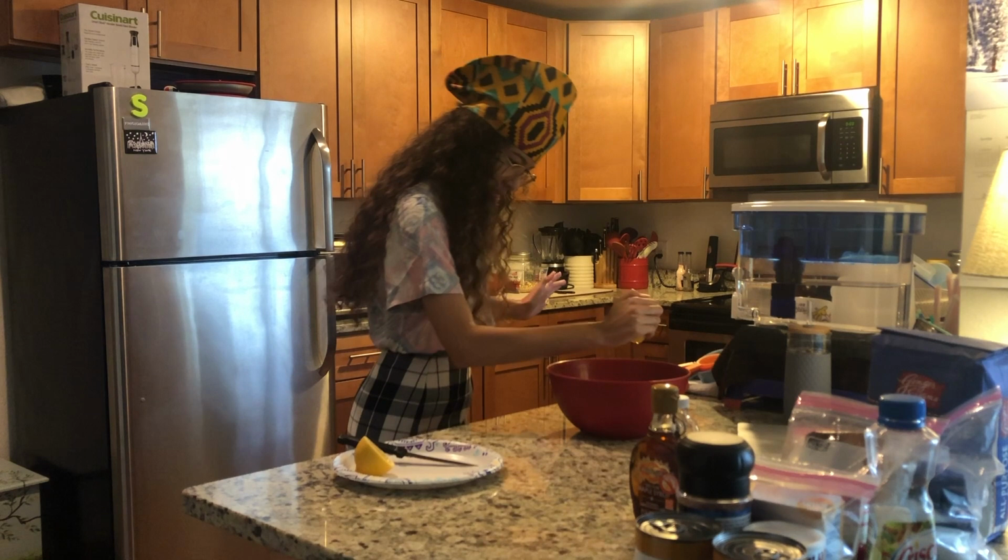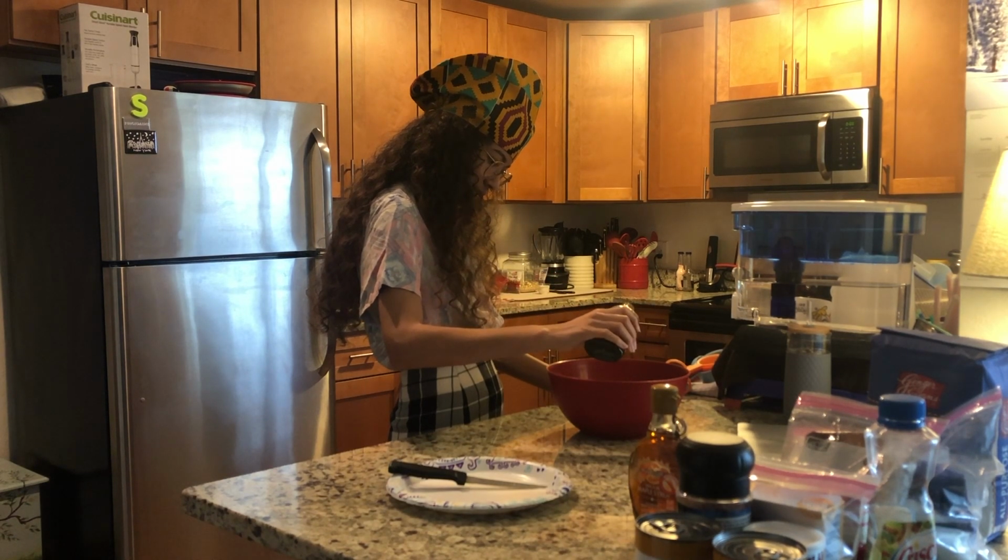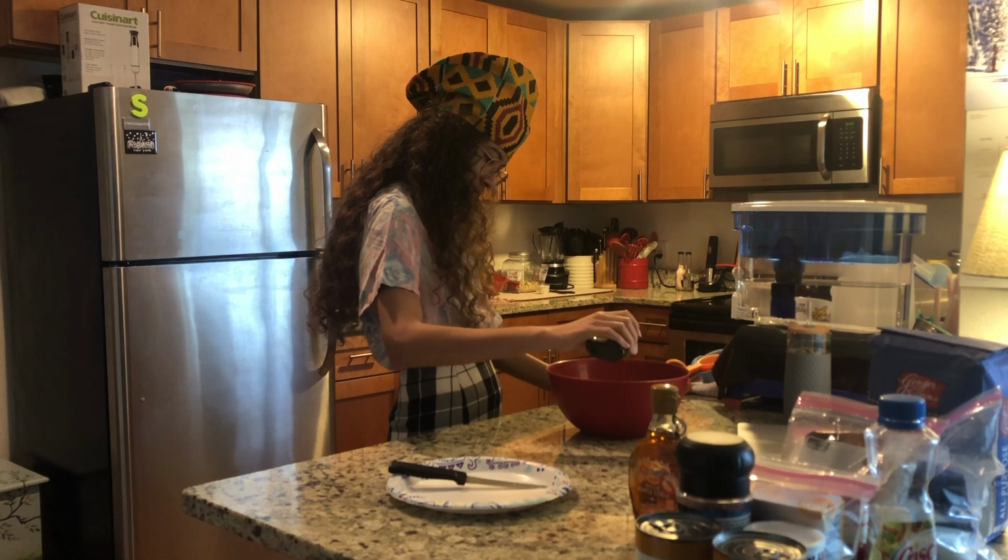That's maybe 1 teaspoon with 2 teaspoons. That's like 1, 2,